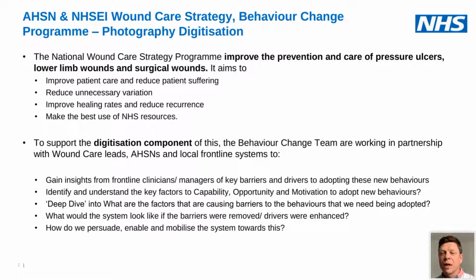sustainable behaviours over time. And we're doing that by initially doing a deep dive into what are all those factors, what do the front line actually find gets in the way of them being able to make these behaviour changes, and what would the system look like if those barriers weren't there. And then how do we persuade and enable the system towards these changes once we know what the system should